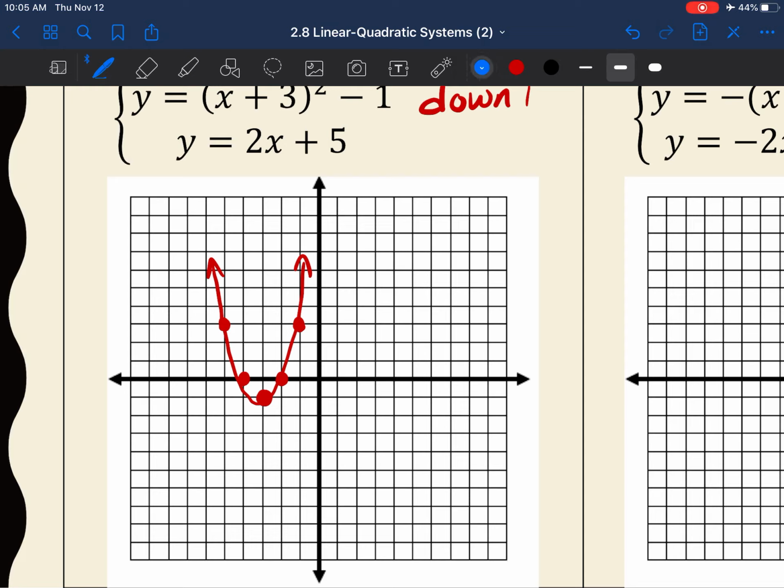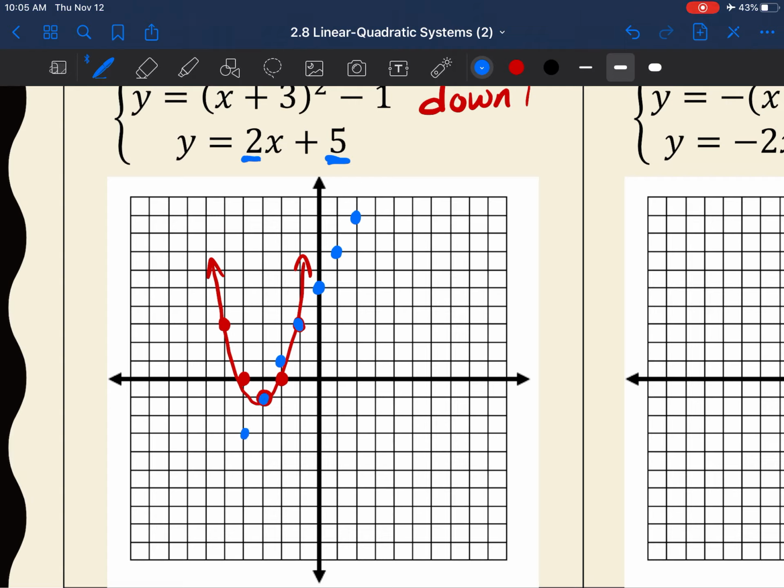Now when I go to graph the line, remember how to graph a line. The number with the x is the slope, so it has a slope of 2, and the y-intercept is 5. So start at the 5, and the slope is up 2, right 1. Now I need to also go backwards because that's where the parabola is. So go down 2, back 1, and you're going to keep going across as much as you can